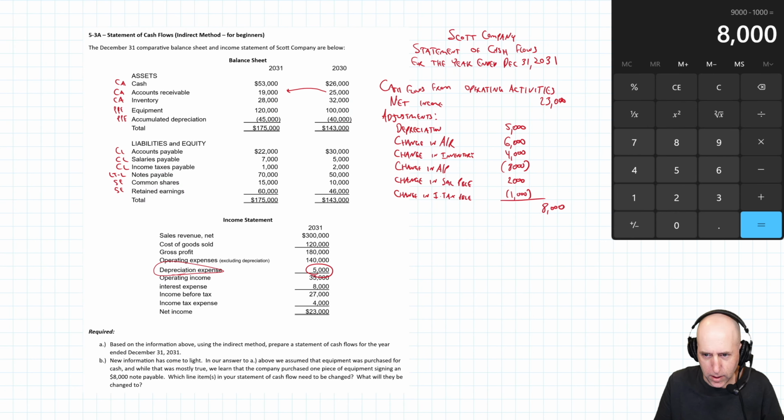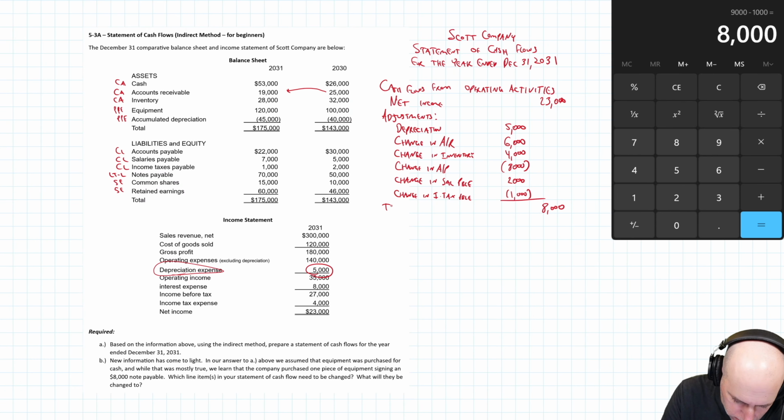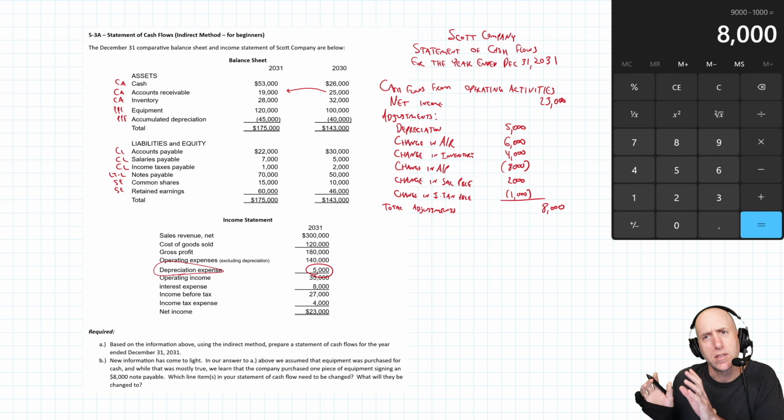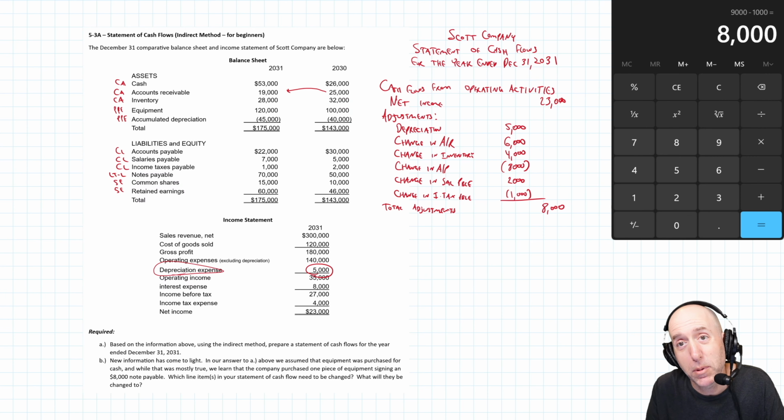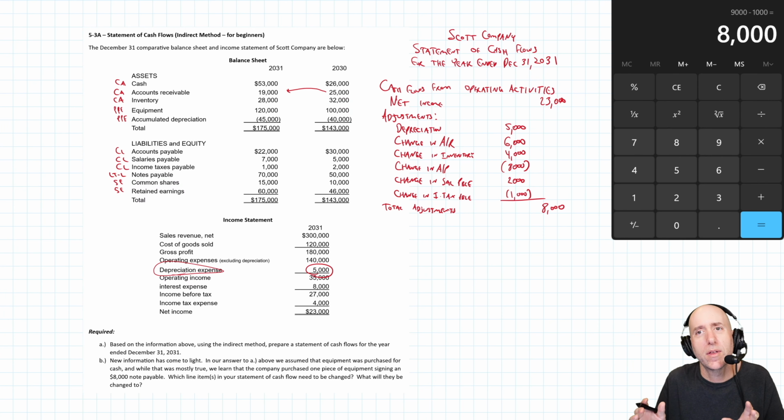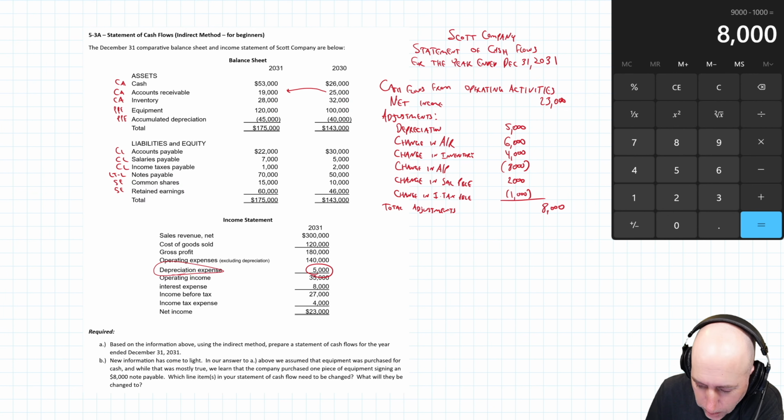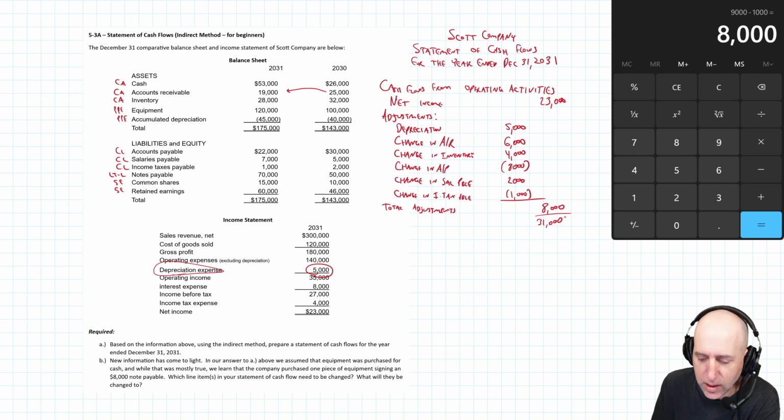So that's the total adjustments to net income. So again, net income is meant to simulate a cash flow number. We're saying, let's deal with all the things that changed that would have affected our operating cash as well. We've dealt with all those, and it's a plus 8 to our net income. So overall, from operating activities, we're up